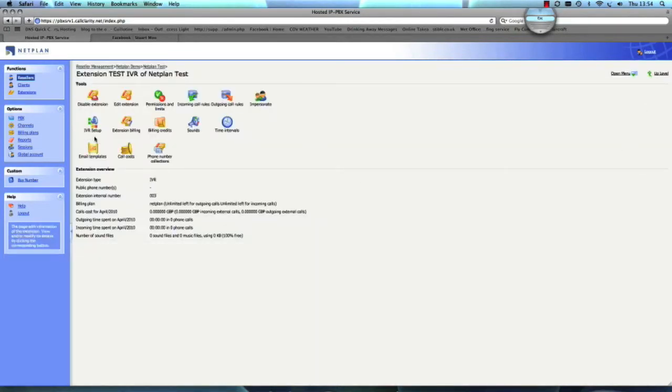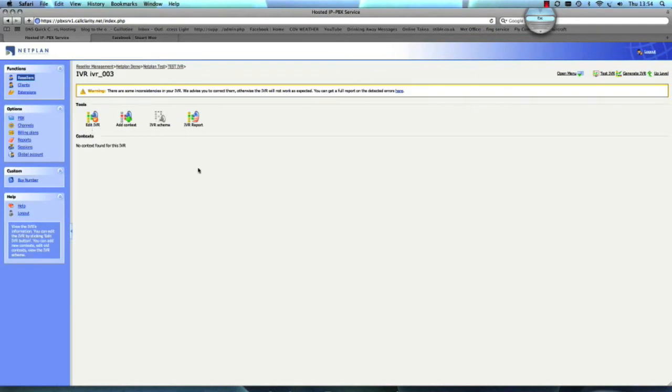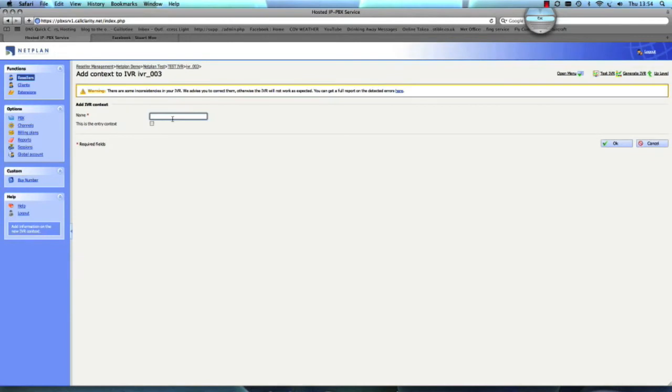Okay. So now, if we go into our IVR setup, as you can see, our IVR is empty. We need to create 3 contexts. So we add our first context. We're going to call this entry. Now it's important that this box is ticked, so the system recognises that this is the first context that's going to be used. We click OK,